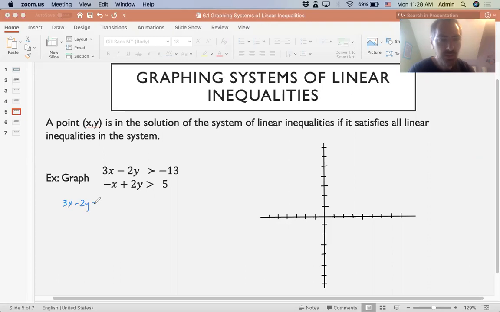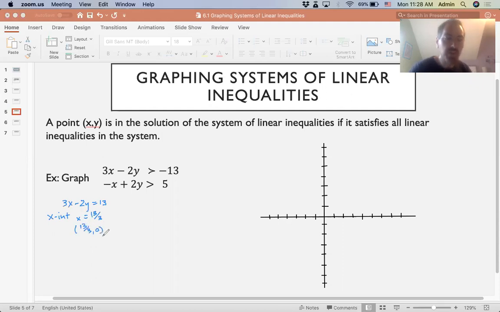I'll go ahead and replace that with the equality. Okay, so the x-intercept, we let y equal 0, right? So we cover up the y, and we're left with 3x equals 13. We divide both sides by 3, we get 13 thirds. Notice that all we're doing is dividing the constant on the right-hand side by the coefficient of the variable of the intercept that we're finding. So 13 divided by 3,